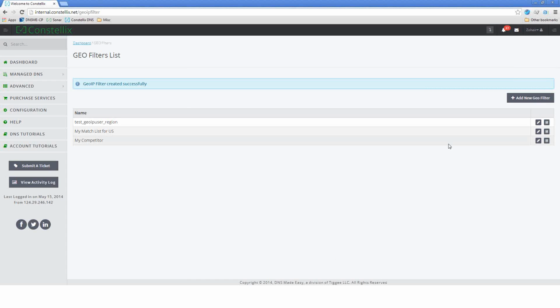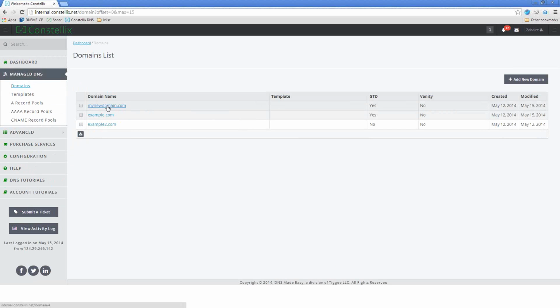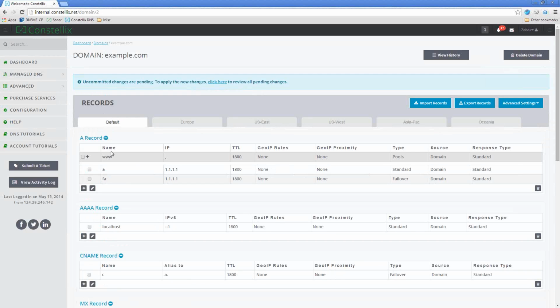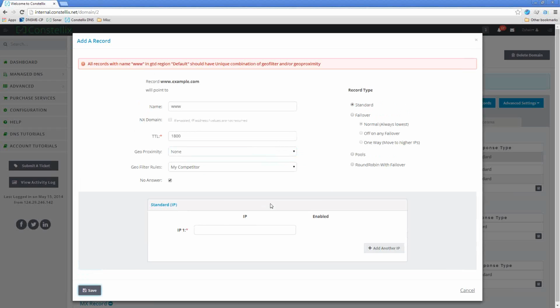So what you can actually do now is, if you go back into your managed DNS, and if I wanted my competitors to actually never be able to view my website, and you can obviously do this for particular countries as well. You do a www record, and then with your geofilter rules, you would choose your competitor list and say no answer. And what this automatically does,